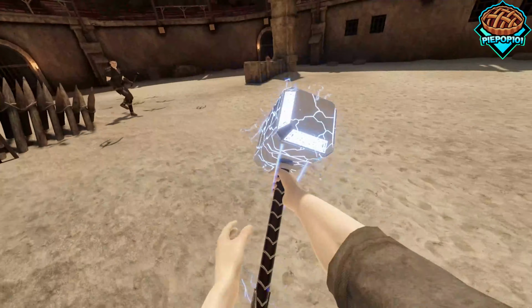Now, why don't we start with the Reformed Mjolnir. Now, I will warn you guys, this is extremely overpowered for many different reasons. One being, if we raise it up above our head, notice lightning strikes and it gets imbued. One other cool feature is just like the Thunder Fury, we can do things like